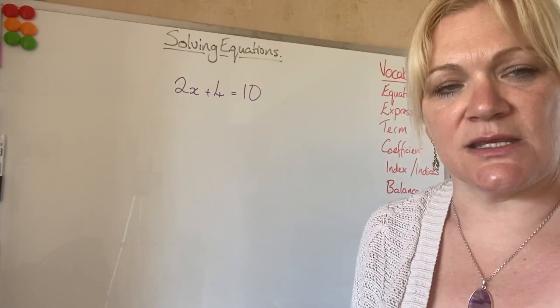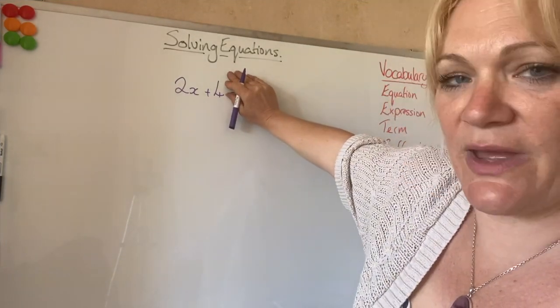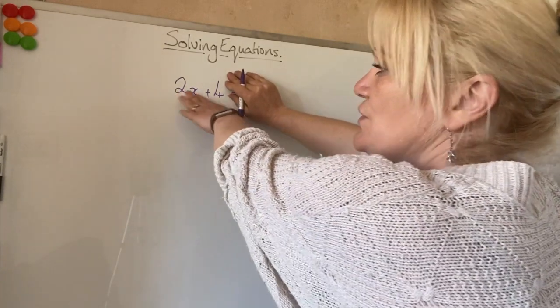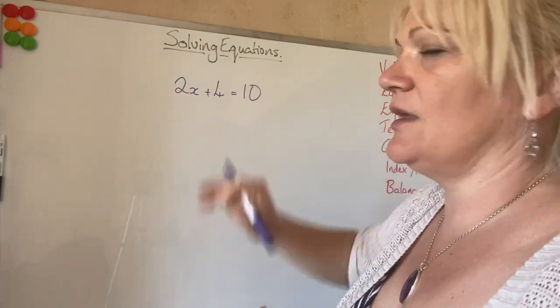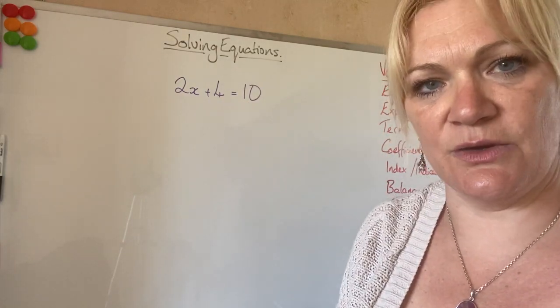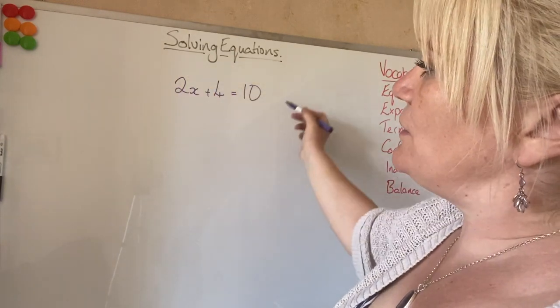So in this equation, we've got the expression 2x plus 4. We have 2 things to do, 2 steps that we've got to follow. And then we've got our answer on the other side of the equation. So, when we're looking at these,